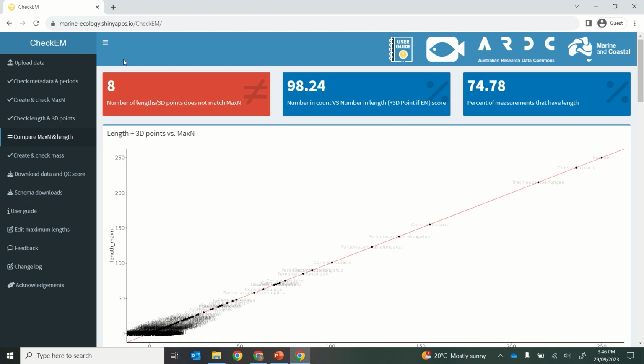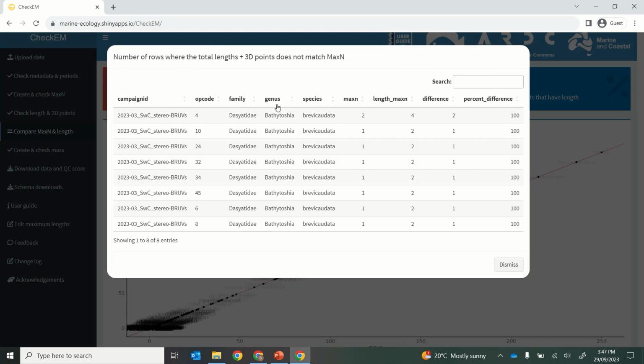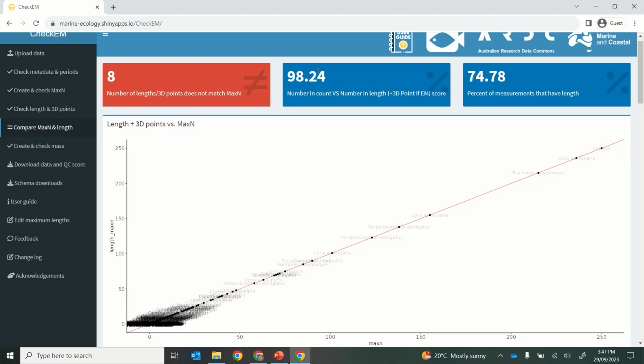Next, we want to compare the MaxN to the total number in the length and 3D points. So in this example, there's 8 MaxNs where the MaxN does not match the total number measured, so length measurements and 3D point measurements. So we want to go back to their EMOBs and make sure that they are equal. Because of that, this campaign has got a slightly lower score in the number in count versus number in length. And around 75% of the measurements in